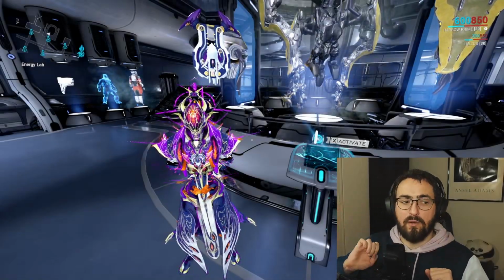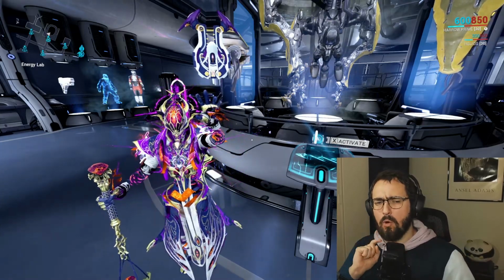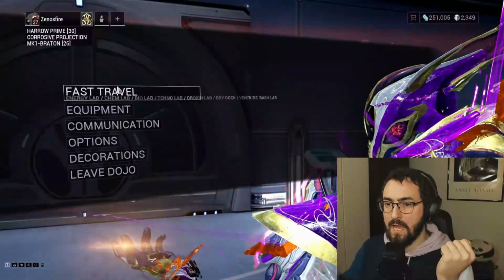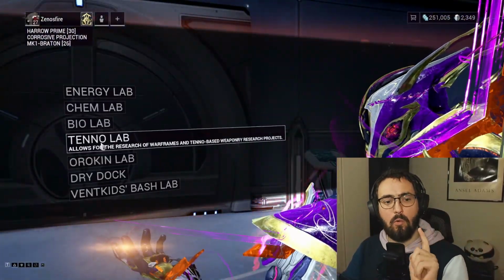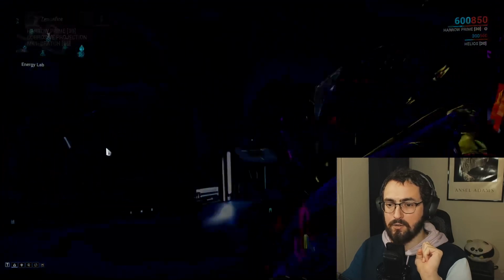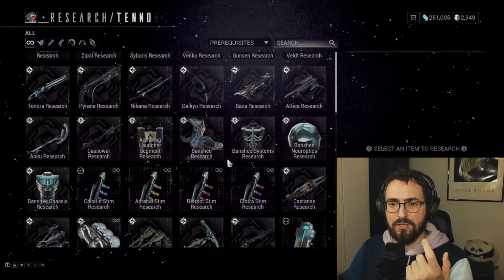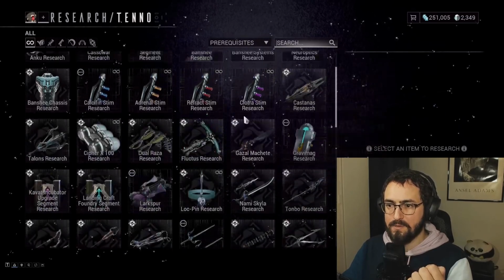So you can buy weapons and Warframes here in the dojo as well. Let's go with Warframes first, because that's something that most people are super interested in. So we press escape again, we fast travel, and all of the Warframes that you can purchase will be here in your Tenno Lab. As you can see, we have a whole bunch of different weapons and Warframes that you can purchase